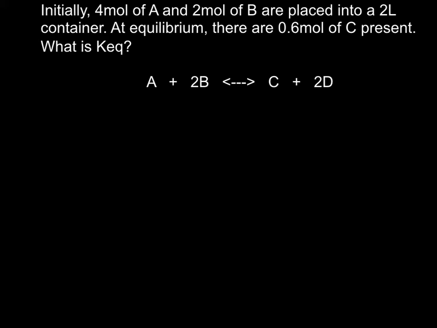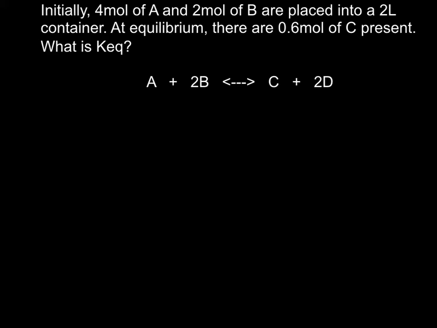So how we're going to do ICE box is, first the question: initially 4 moles of A and 2 moles of B are placed into a 2-liter container. At equilibrium, there are 0.6 moles of C present. What is Keq? We're asked to find Keq, and we're given some initial concentrations and a single equilibrium concentration. In order to find Keq, typically we need all equilibrium concentrations for all of our reactants and products, so that we can do the concentration of our products divided by the concentration of our reactants. But since we're not given all of the equilibrium concentrations that we need, we have to use